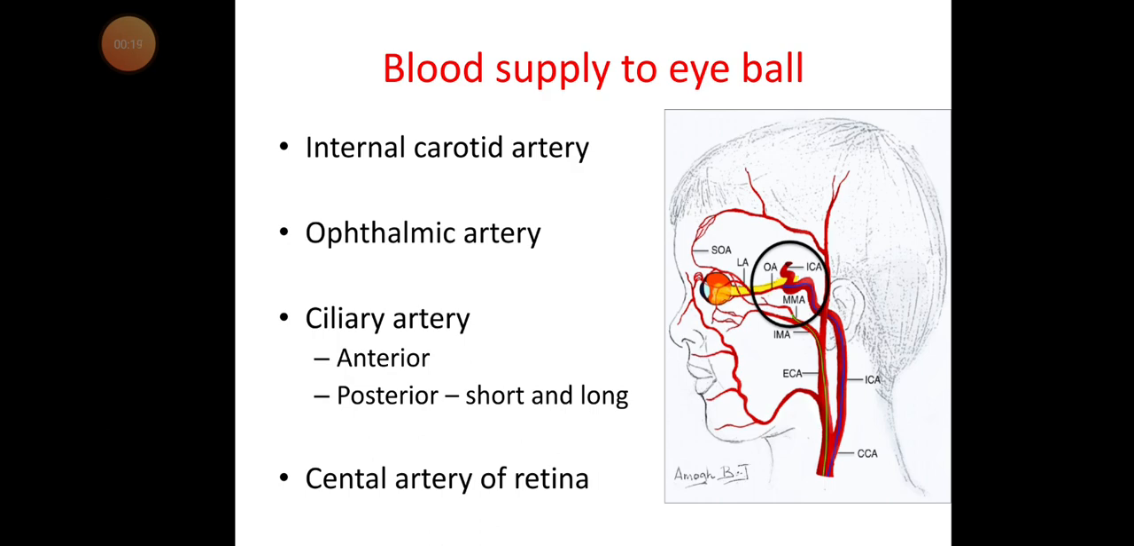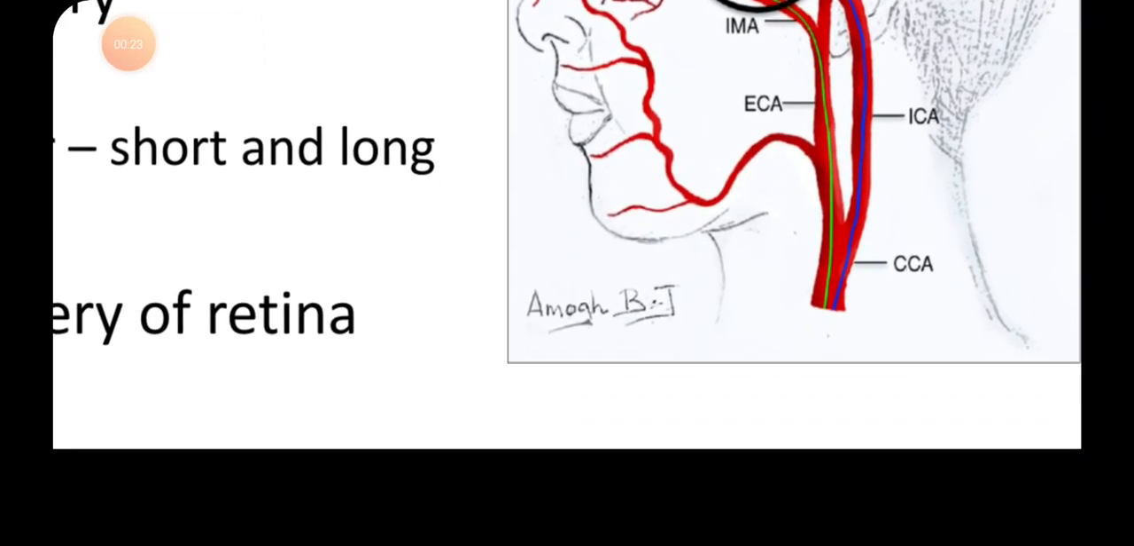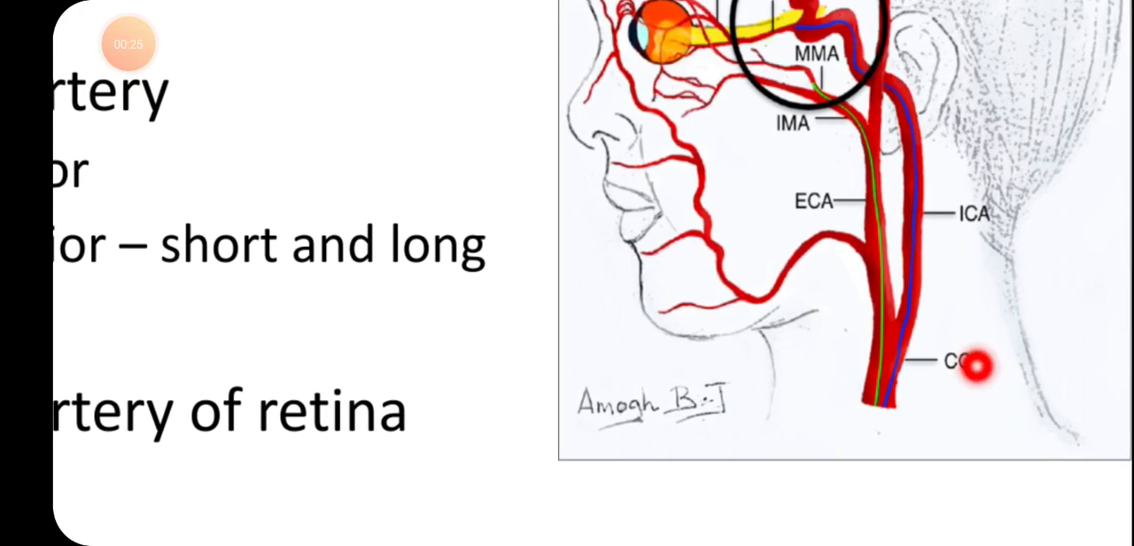Before starting the discussion on the blood supply to the eyeball, first I am going to discuss the major blood vessels. In the neck region, on the right side and left side, there are two major blood vessels. They are called the carotid arteries: the right carotid artery and the left carotid artery. The left carotid artery is a direct branch from the arch of the aorta, and the right carotid artery is a branch from the brachiocephalic trunk. These two carotid arteries ascend upwards in the neck region, and in the neck region